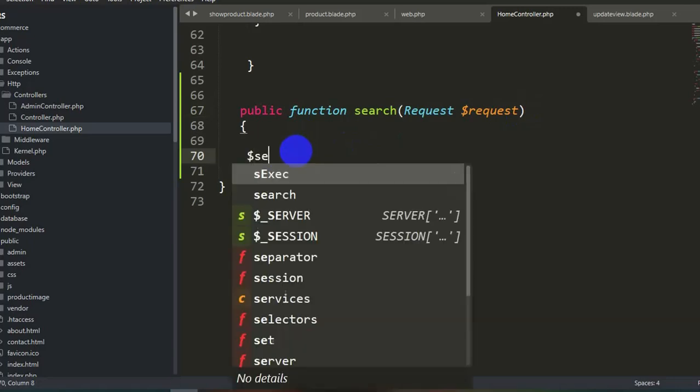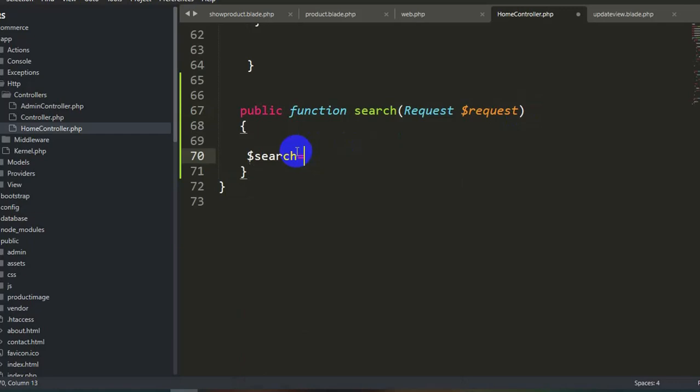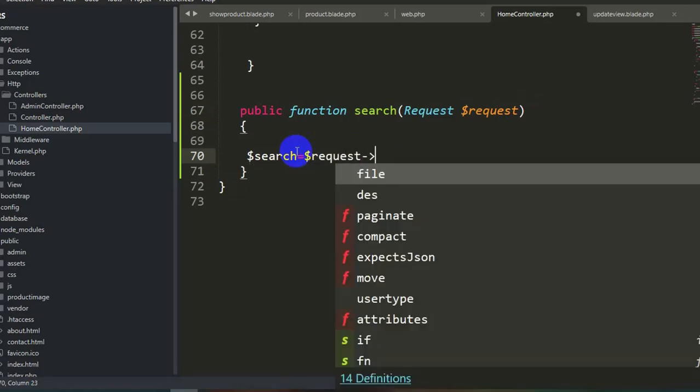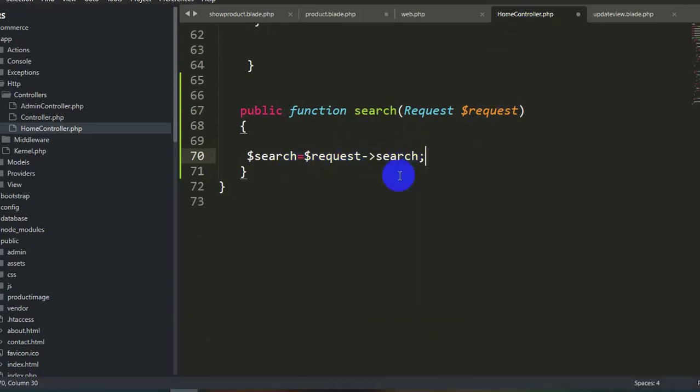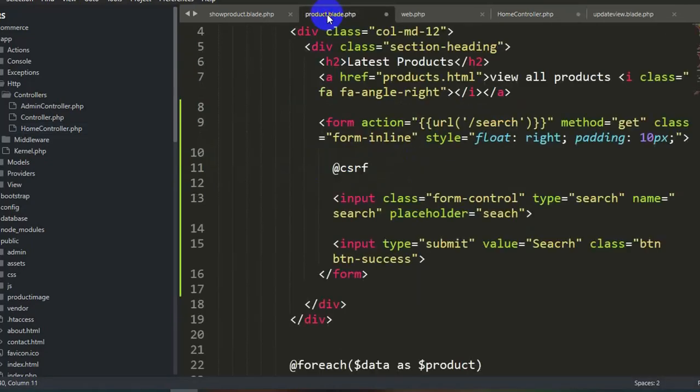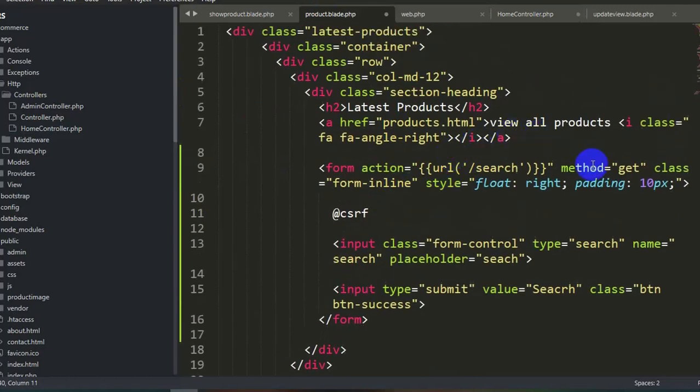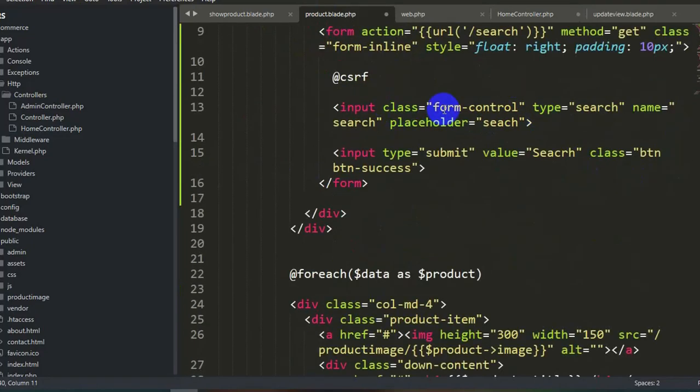Let's say $search is equal to $request->search. This search is actually coming from the product.blade.php. If you go there, you can see we declared inside the input type search, the name is search.